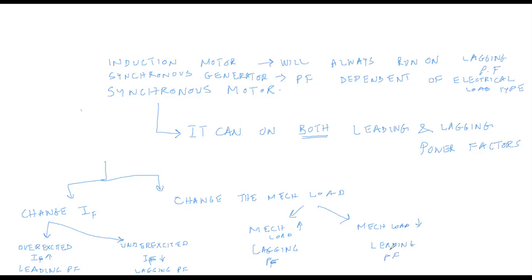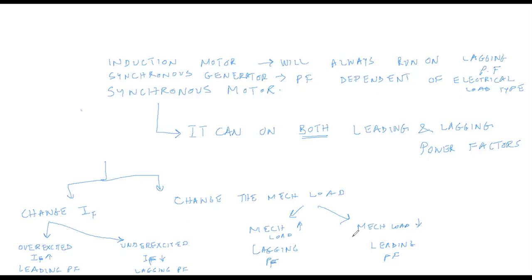So always remember this brief flow chart that I've just told you. There are two ways to make the power factor of the synchronous motor go into the leading mode or the lagging mode. The first mechanism is to change the field or the excitation of the synchronous motor, by changing the field current. If you make the motor over excited, that means you increase IF, then the motor runs with a leading power factor, and if you make it under excited, that is you decrease IF, then the motor runs at a lagging power factor.